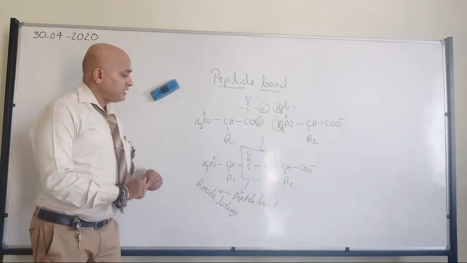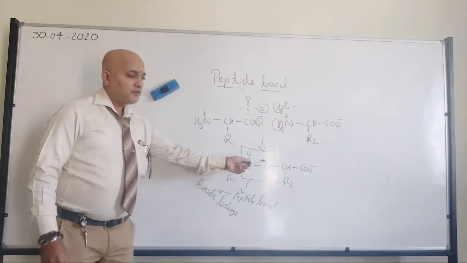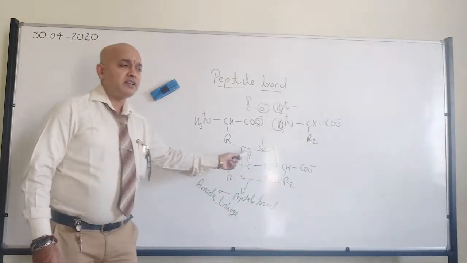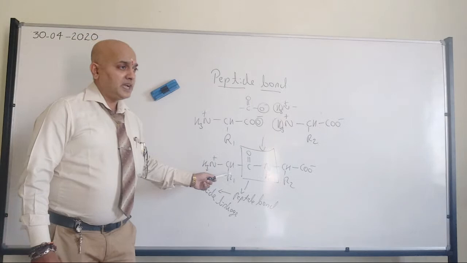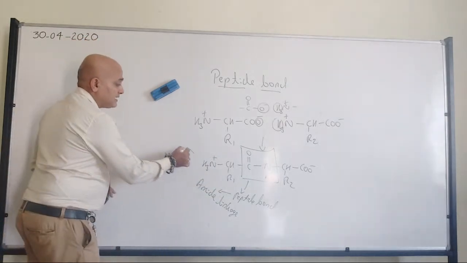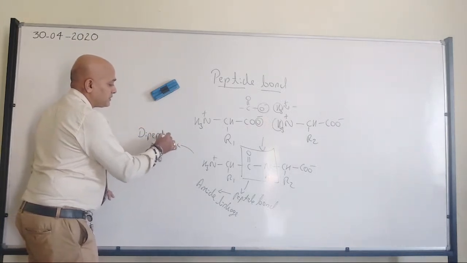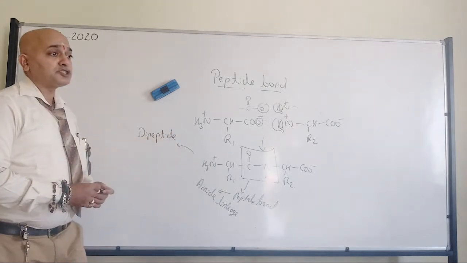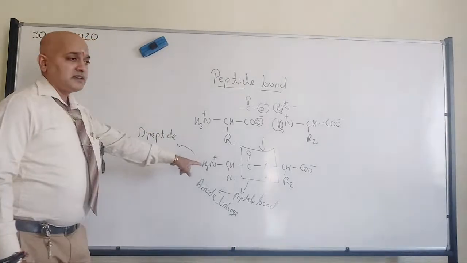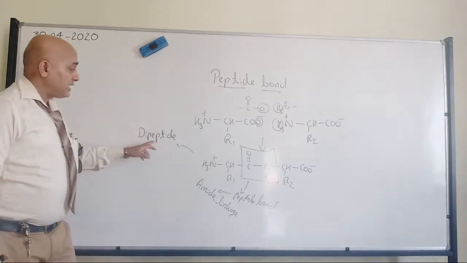Now very important point here is how many amino acids are present here in this chain. How many amino acids are present? Anyone? Here two amino acids are there, right? So therefore this molecule can be called as dipeptide. Based on this you can expect the question. So this is called as dipeptide. Two amino acids linked by one peptide bond. Then they are called as dipeptide.